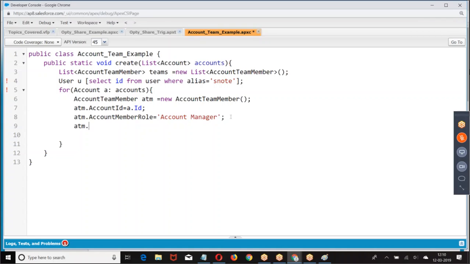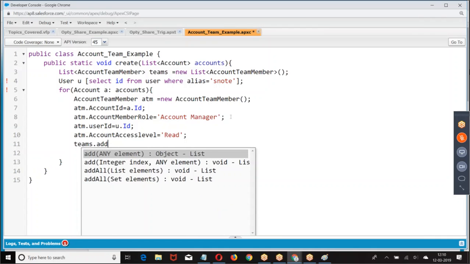Then with whom you want to share? What type of access you want to give? Then teams dot add.